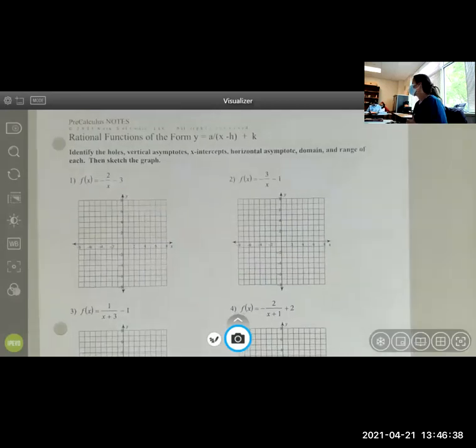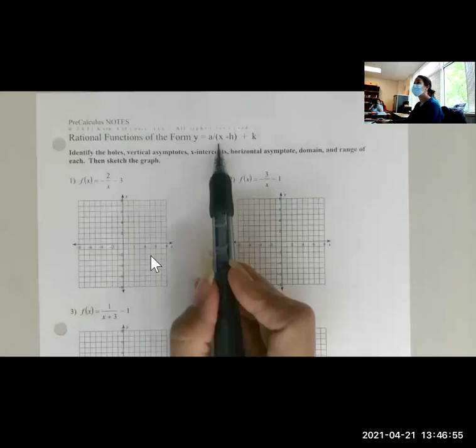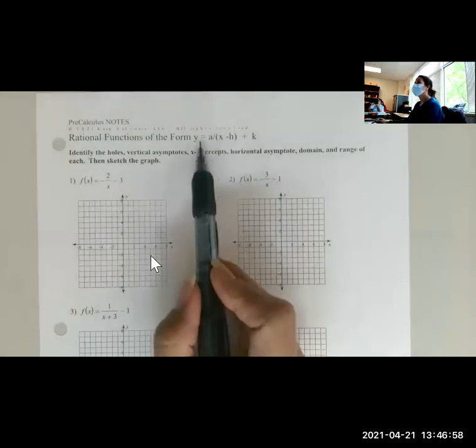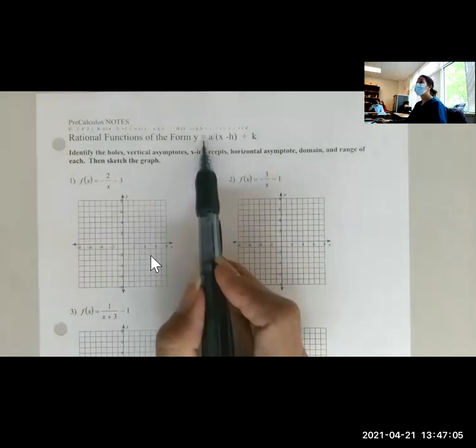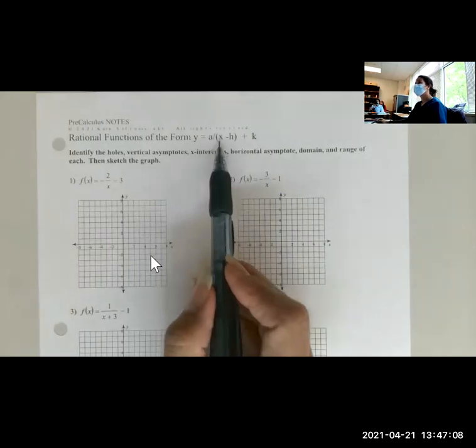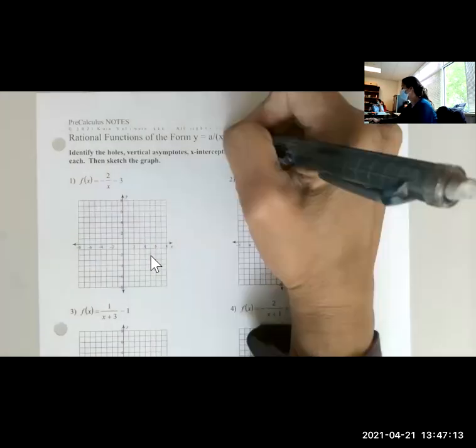Today's lesson is pretty much a warm-up lesson, or more of an introductory lesson as well, to rational functions. You are going to be introduced to two different forms of writing rational functions, and of course we're going to start with the more basic one, and the more basic one is written in this format right here. So y equals a, it's hard to see on your note-taking guide, but that is a division symbol or a fraction bar. Okay, y equals a over x minus h plus k, where our horizontal movement, just like we've done